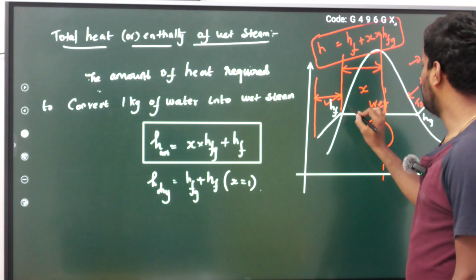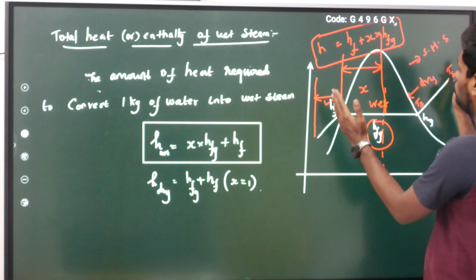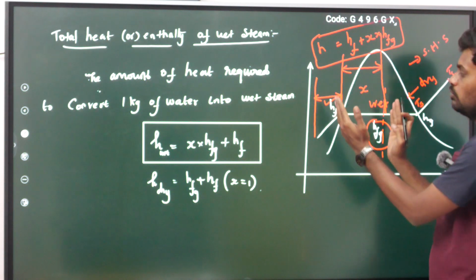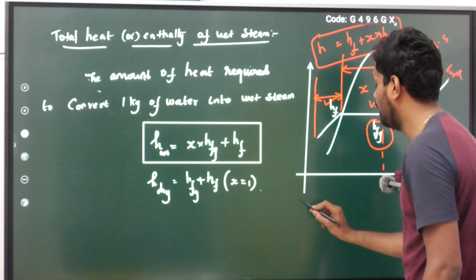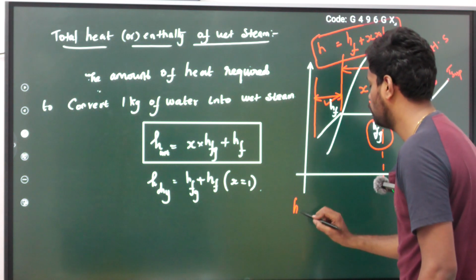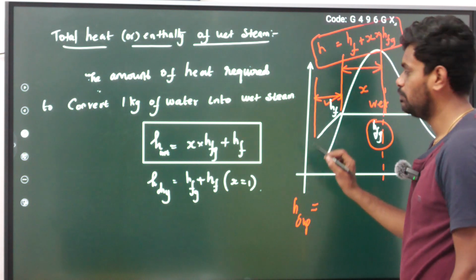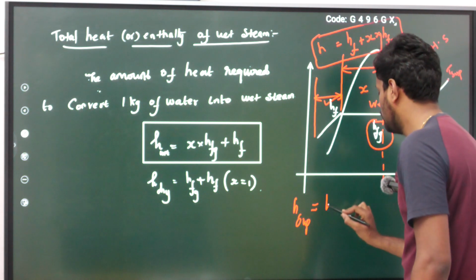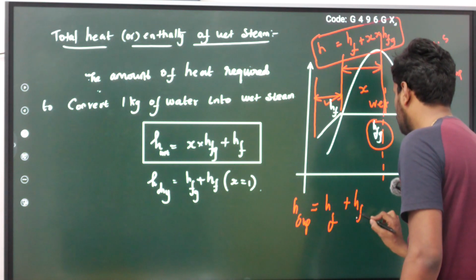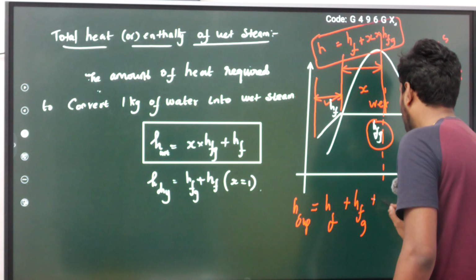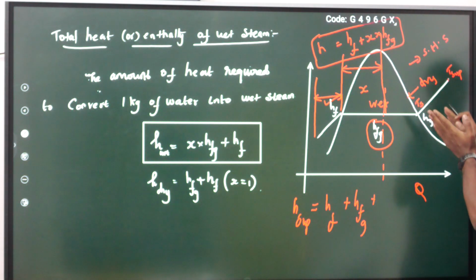Now what is the formula? How can I write it? I have to go from here to here, so I am just dividing it into 3 parts. From here to here I know. So I am going to write the formula for superheated. H superheated is equal to, you divide into 3 parts. This is the first part, which is HF. Then the second one is HFG. Then the third one is the amount of heat that I am again adding, so that it is a